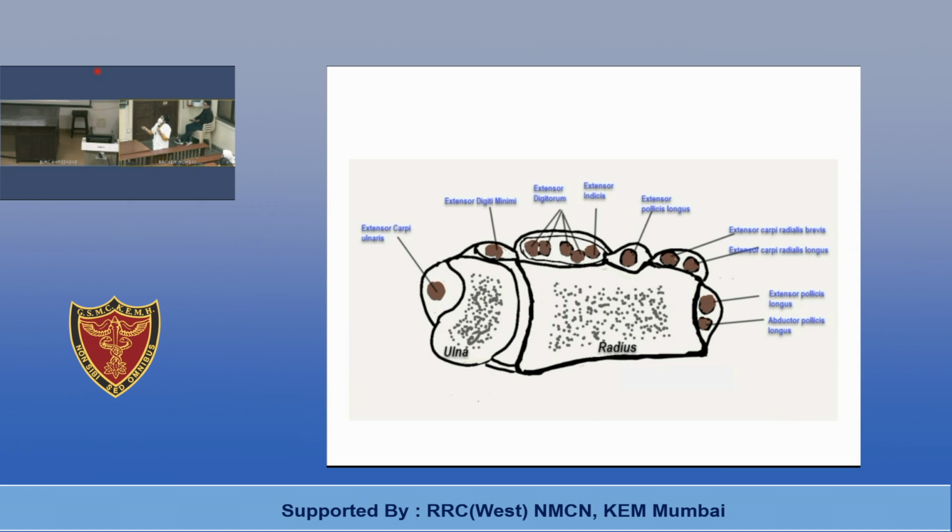This is one of the favorite questions for viva. Whenever you appear for osteology viva and you are holding the radius bone, this is one of the favorite questions of examiners. First is extensor pollicis brevis and abductor pollicis longus. Then extensor carpi radialis longus and brevis. Then extensor pollicis longus. Extensor indicis and digitorum is another compartment. Extensor digiti minimi is related to the articular disc. And then extensor carpi ulnaris. So these are the posterior relations of the wrist joint.